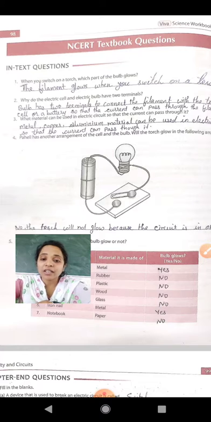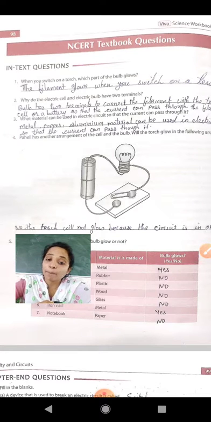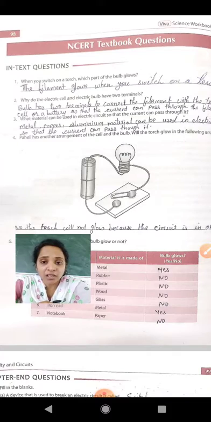Those are conductors because they are made of metal. And insulators are rubber, scale, pencil. They are insulators because they are made of wood, plastic and so on. Insulator means it does not allow current to pass, right?